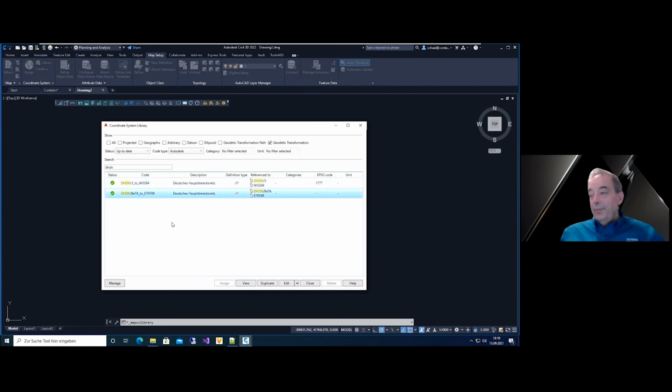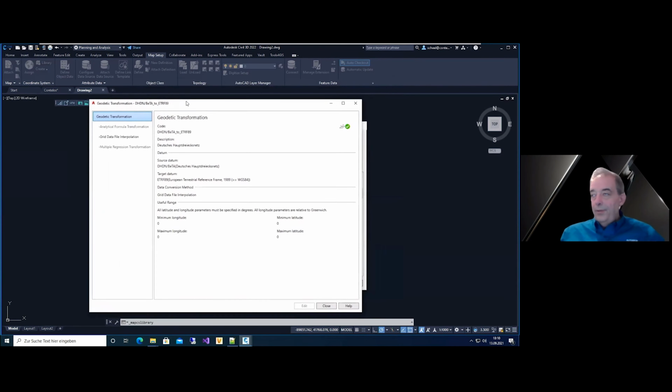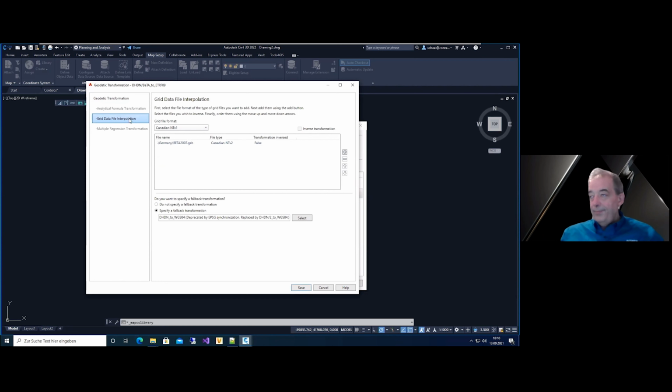So we select the second one, go to edit, and get a new formula in which we have to select grid data file interpolation. Here you see the beta 2007 GSB file.